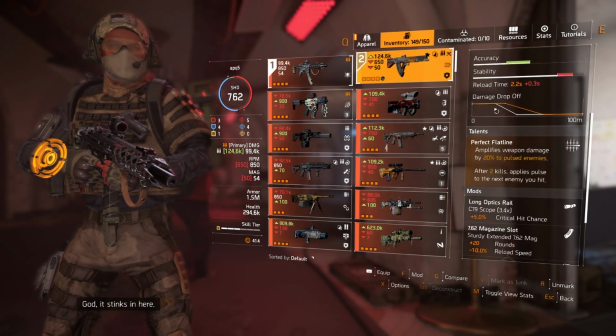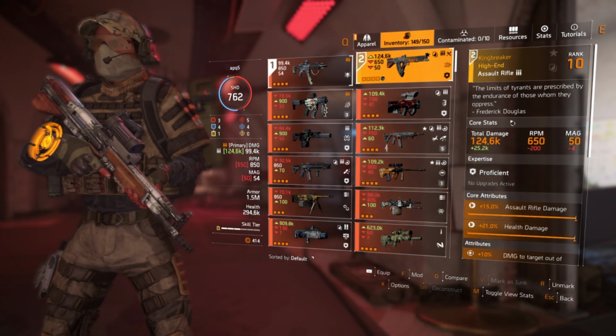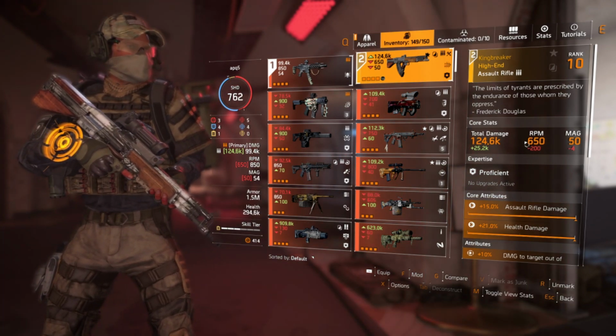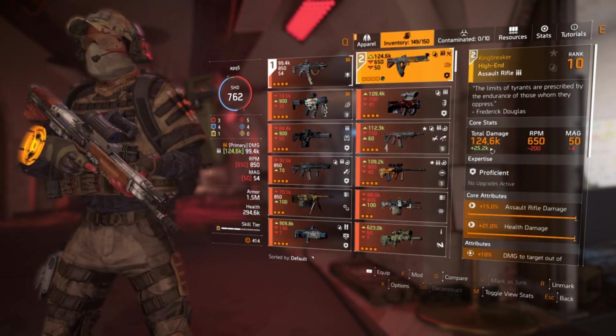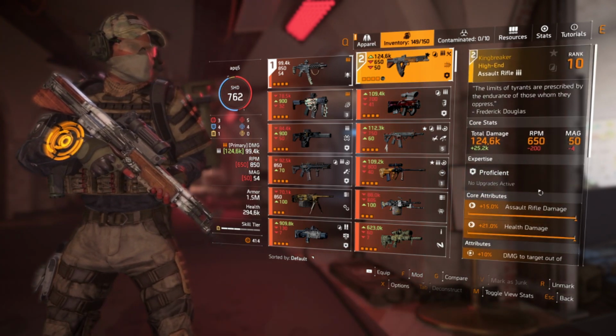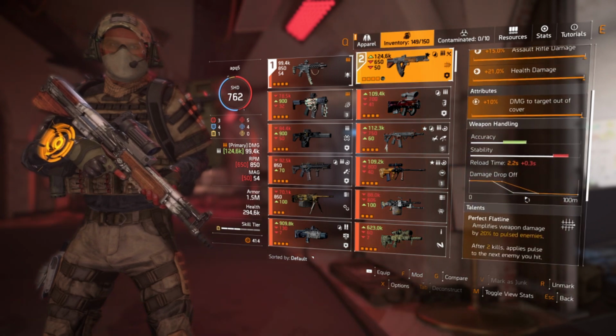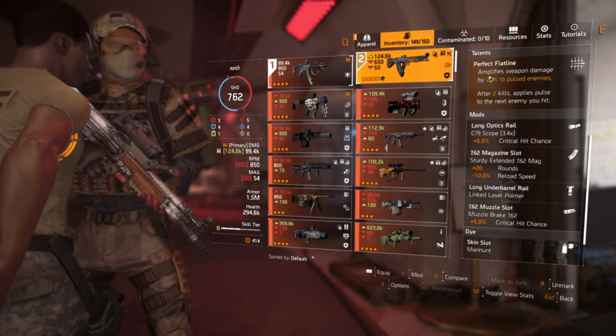For our other primary weapon here, we are using the Kingbreaker, which is the named TKB assault rifle, which has an incredibly high base damage, low rate of fire, and I have a 50 round mag on here. It's in for 125k damage per bullet with no crits. And along with that, 15% AR damage, 21% health damage, and 10% damage to targets out of cover on here. And it comes with the talent Perfect Flatline, where it amplifies...